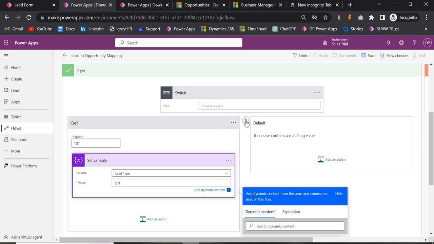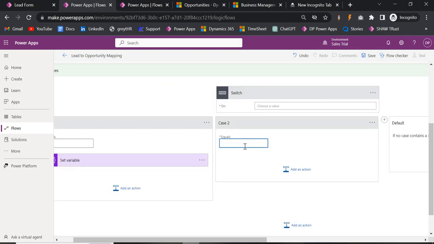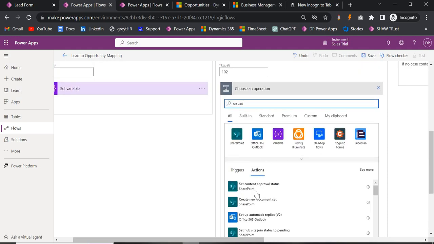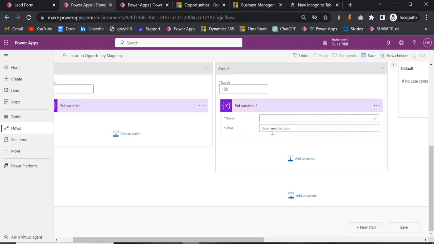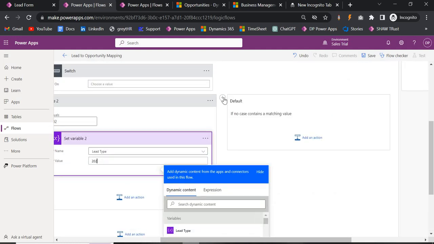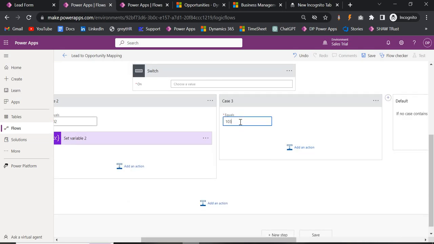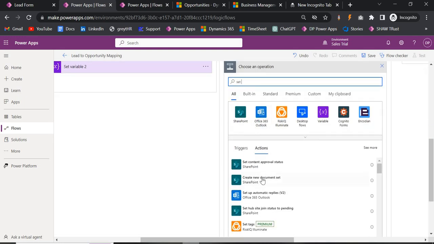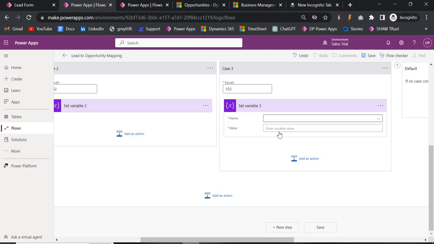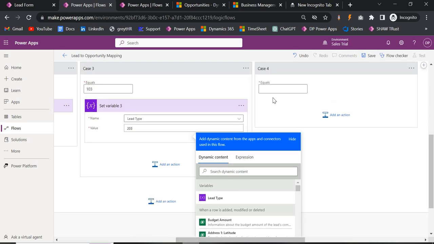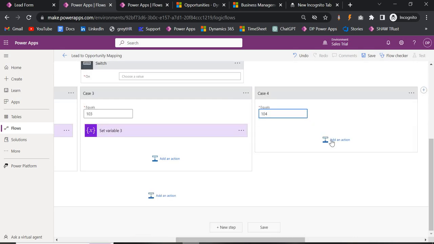And let's do the same for the others as well. If it is 102, then I want to set the variable to 202. Same thing here. If it is 103, set the variable as 203, and if it is 104,